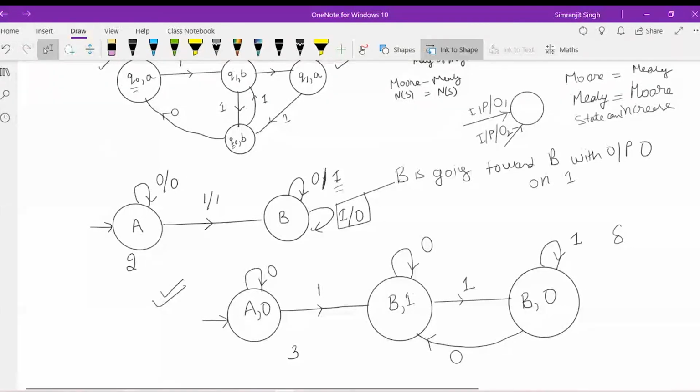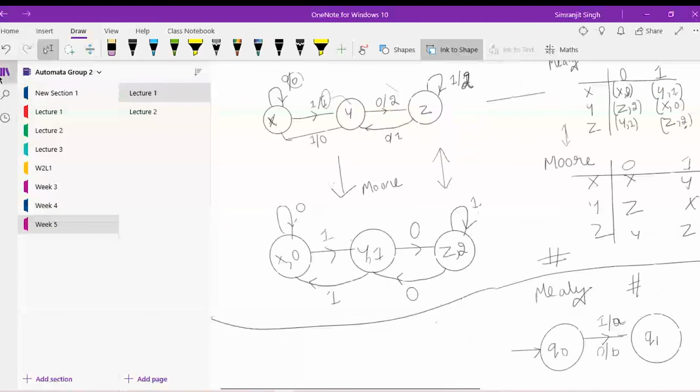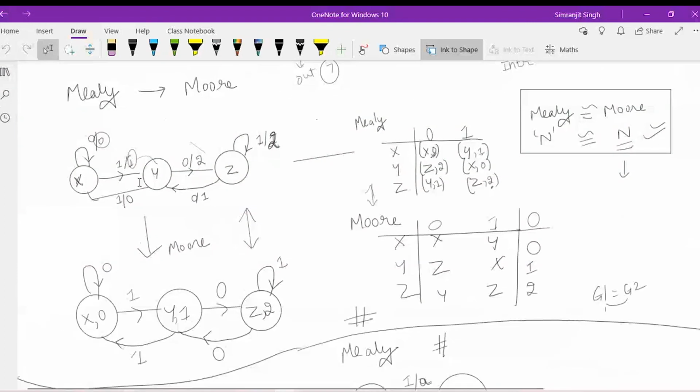If I just revise this lecture, in this Moore diagram you can see that the output is associated with the state. So there is no problem of two outputs coming towards different inputs. You have to place the output on an input. So just take out the output that is placed inside the state and place it alongside the input here. The state will only contain one output, not two. So that is very simple.